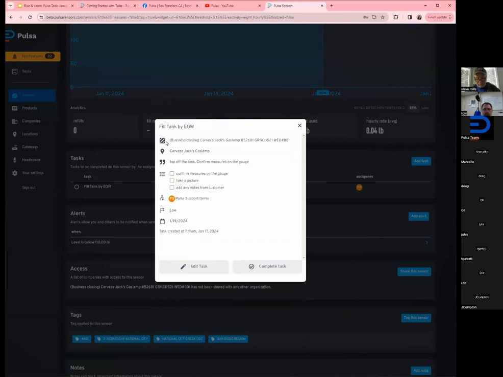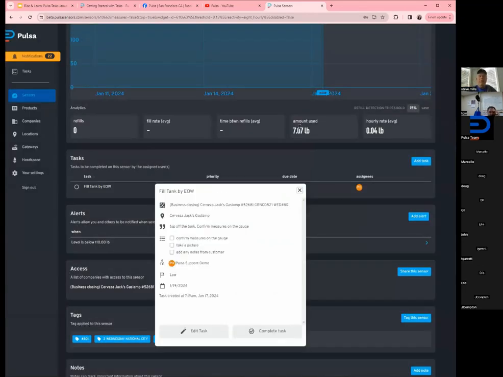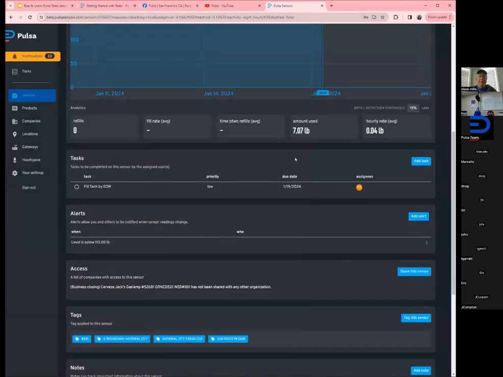You can see all of the details are shown here. So all of my notes that I've added, all of my to-do lists, which I can check off individually to make sure I don't miss anything. And who it's assigned to is also listed, the priority, the date, everything is all nice and neat in one page. So great. So let's say I'm a dispatcher, a lead technician, someone that's kind of in charge of Pulsa, and